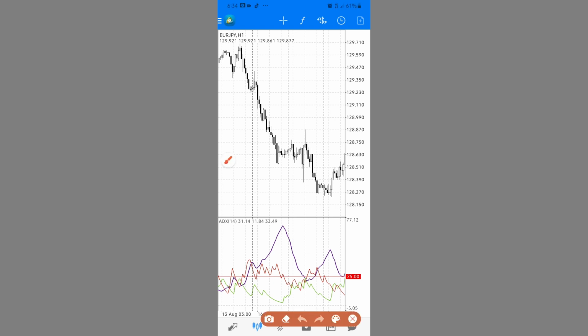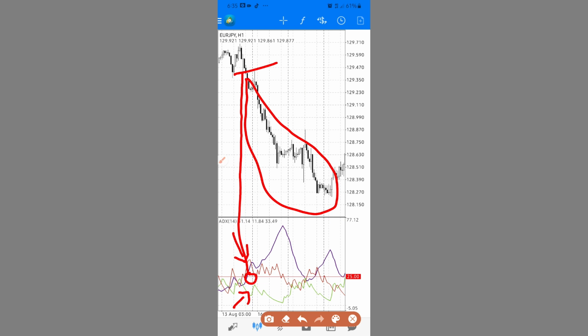So right here we had a cross above 25. Okay, and then it's red over the green. Okay, so at this exact point, I'm just trying my best, right? So let's say we got in there, we would have made all of this move in profit. Okay, so from 129.35, remember we are selling off 129.35 to, let's say here, 128.27,